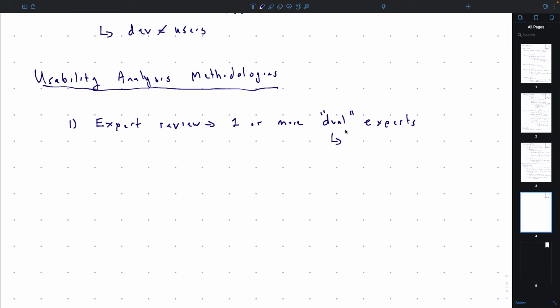The person you're looking for should know something about usability. So they should know what the methodology is and how it works. And then they should also know the system that they're evaluating. They should know how it actually works, so that they can try and find the gaps between them. We call them dual experts because they're an expert in both usability and in security, if you're looking at security, for example.